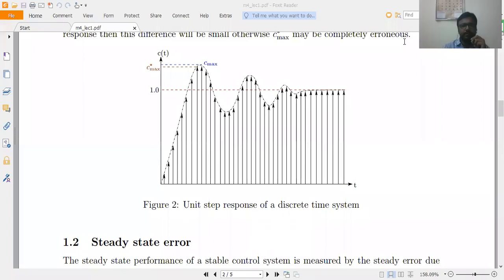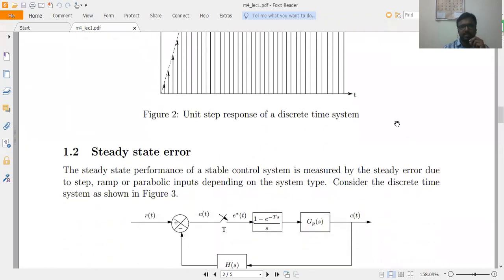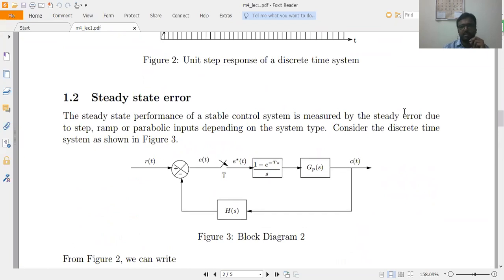So we have entered into the fifth unit, design of the digital control systems using conventional techniques. So far, we have discussed the first topic in the unit, that is transient response and its specifications. Next, we are entering into the second topic, that is steady state response and the specification.